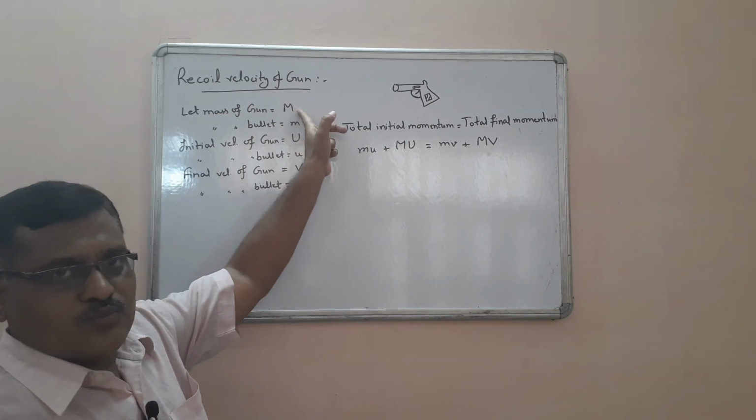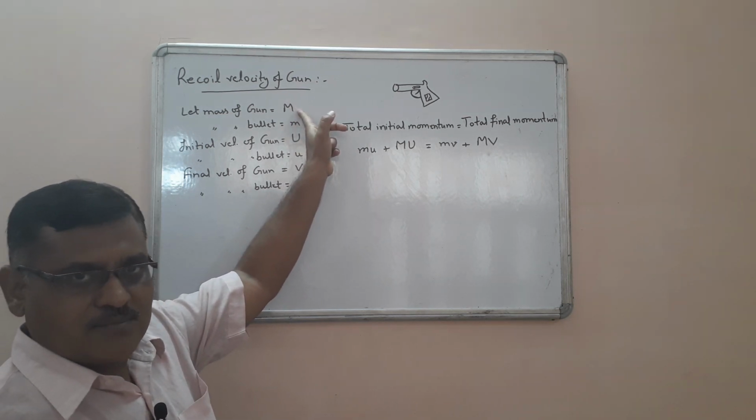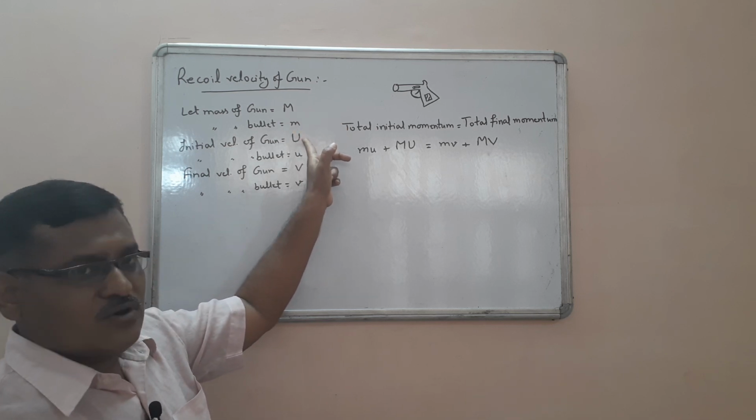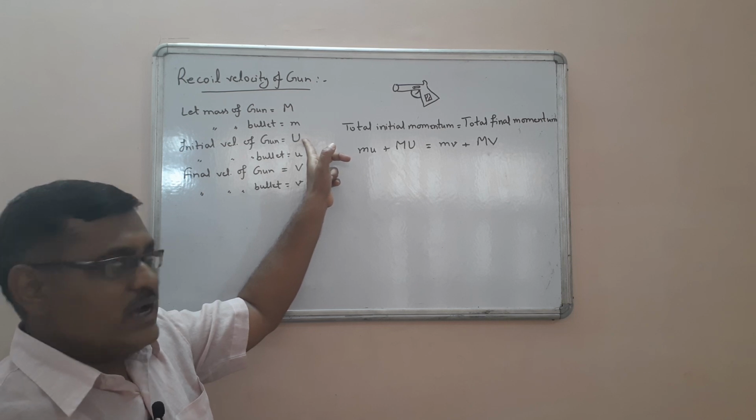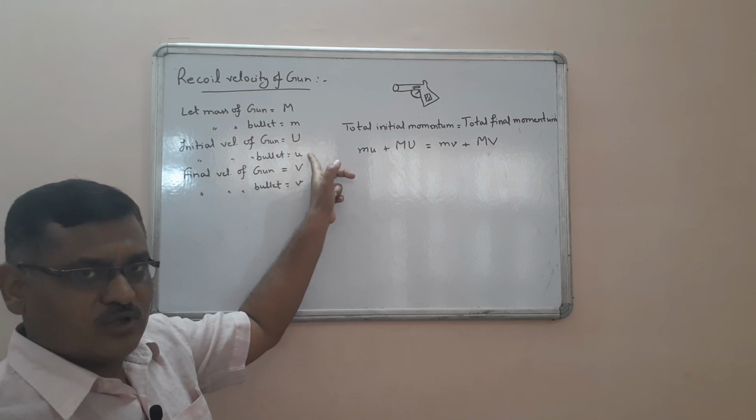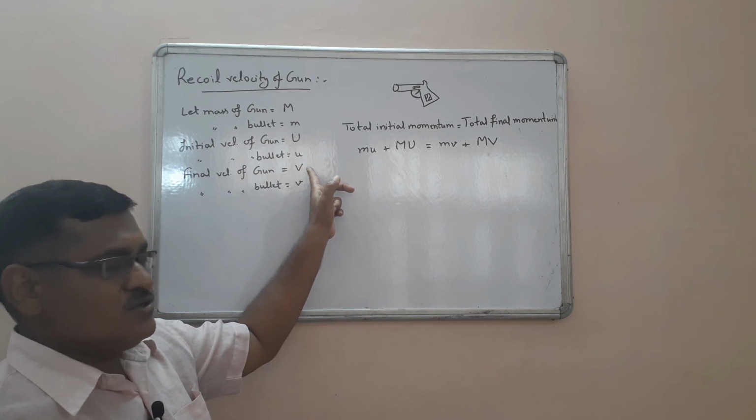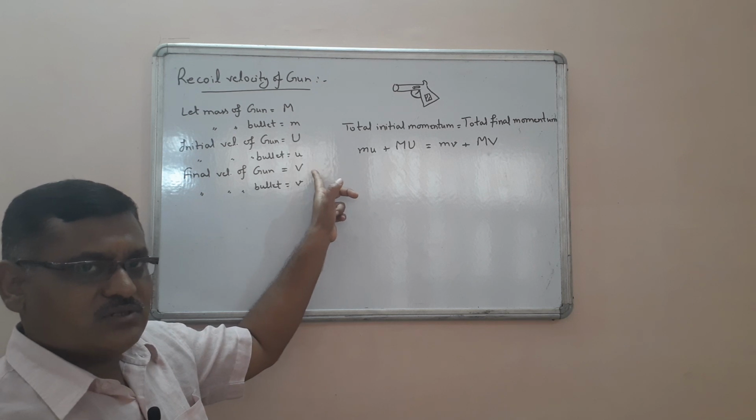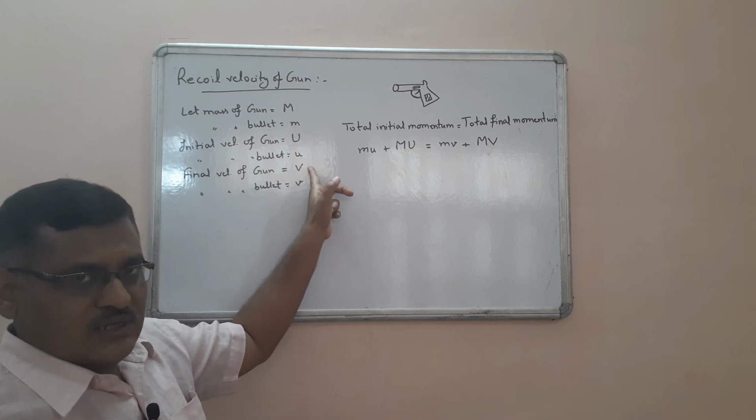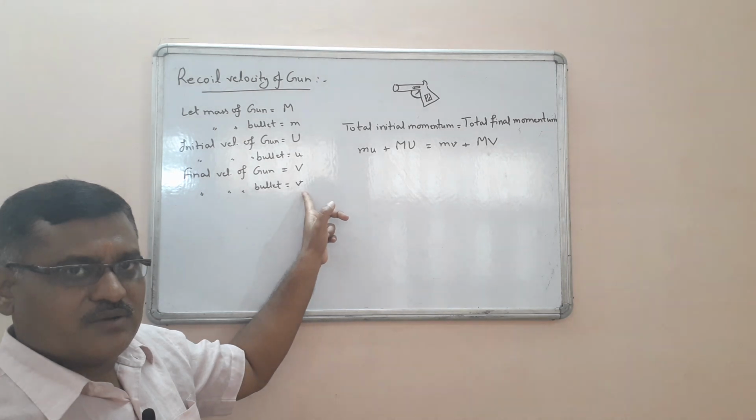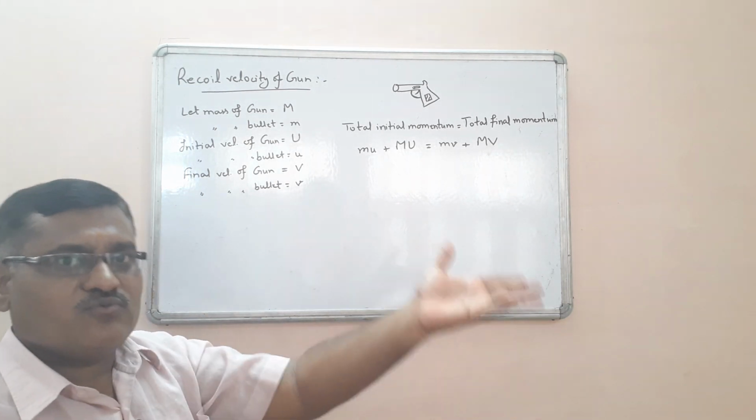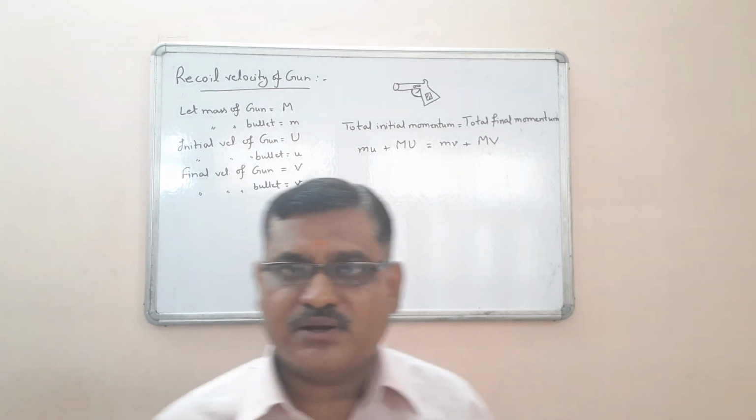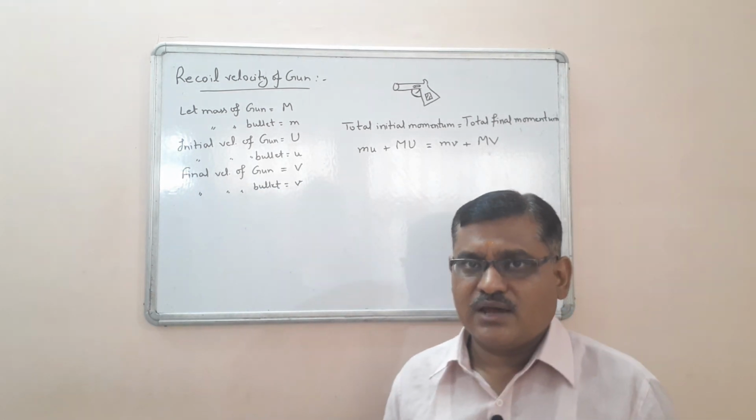Let us assume the mass of the gun is capital M and the mass of the bullet is small m. Initial velocity of the gun is capital U and initial velocity of the bullet is small u. Final velocity of the gun, meaning after the shot the gun moves backward, is capital V, and the final velocity of the bullet means the velocity with which the bullet moves forward. So you try to understand, I have taken some parameters, and I want to apply them